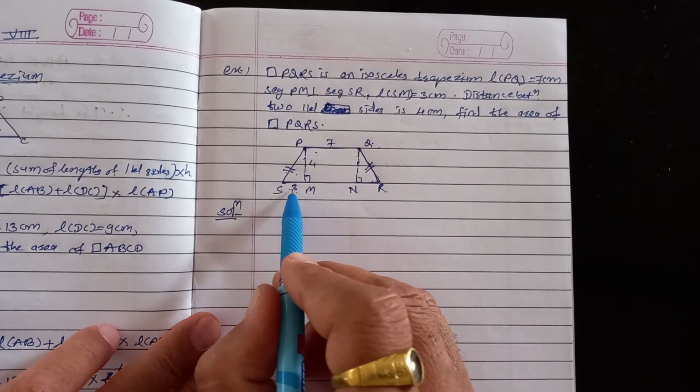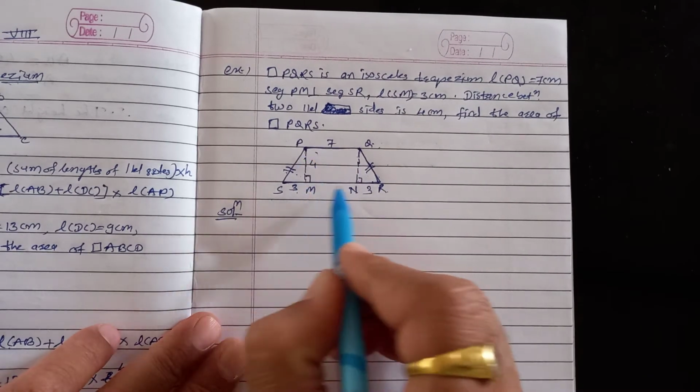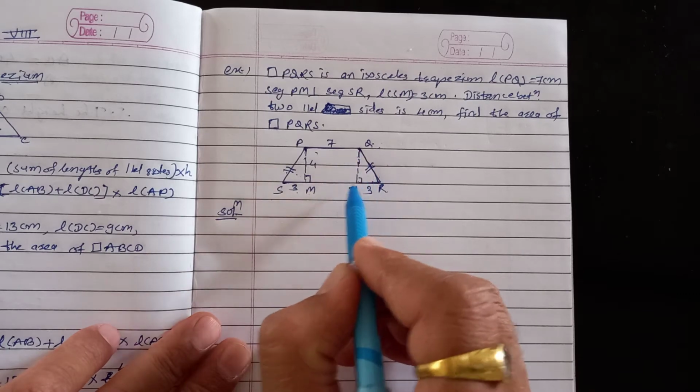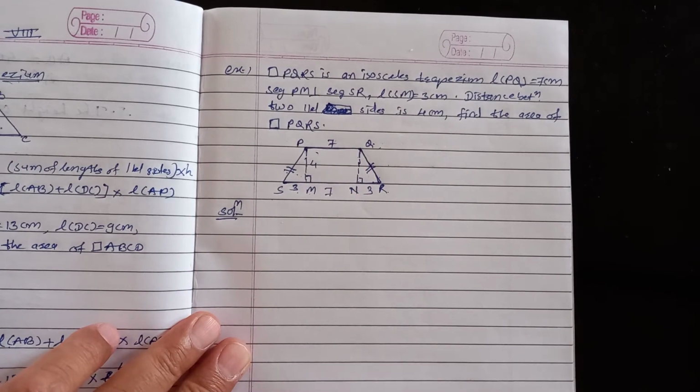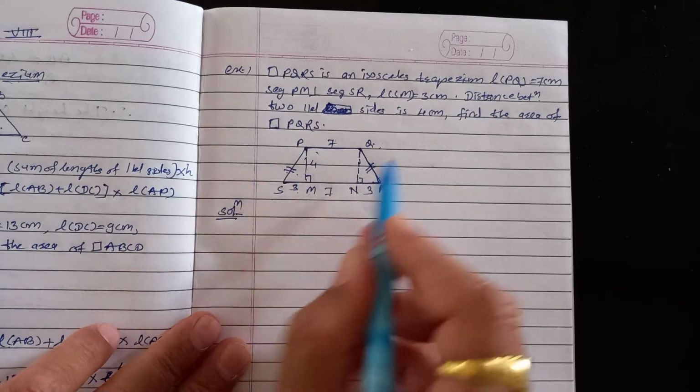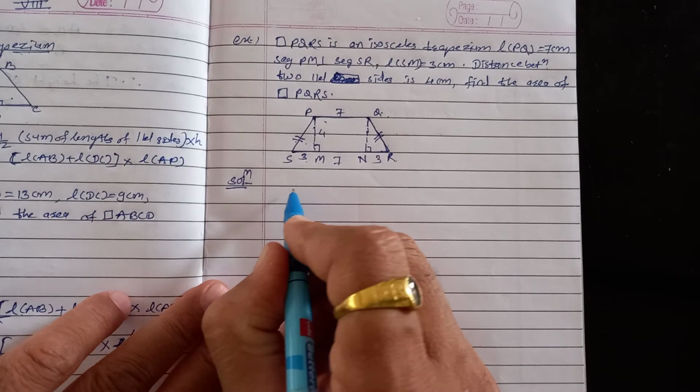So these two are congruent. So this is 3. Then this is also 3. Now if we see this quadrilateral, this is a rectangle. If this one is 7, so this one is 7. Why? Because we want the parallel sides now. The length of the parallel side is not given. So for this, here we have to write,